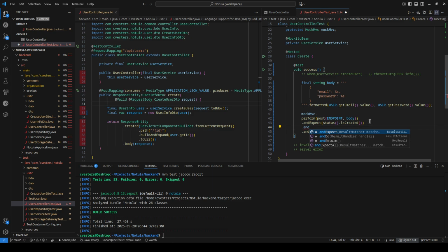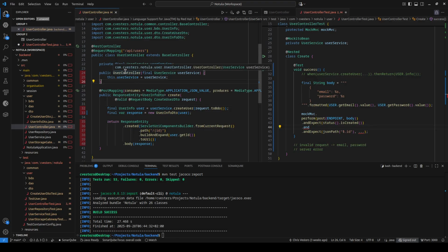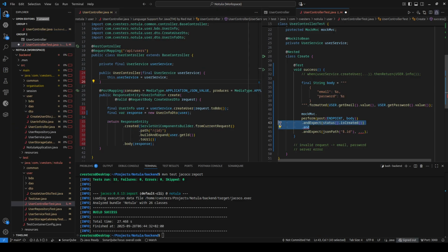I think in most cases I do want to do a check on the full object. Why is that? Because if you add something to your response, you might say, well, you added something, so you're backwards compatible, so you don't have to add it to your test. Your test will not fail. That also means your test will become outdated. You don't check the full content anymore. At some point, you've added something, your test was not updated, you remove it again, and now you've broken your API again, and your test hasn't discovered it because it never was updated. So I prefer to do a full JSON check, and expect